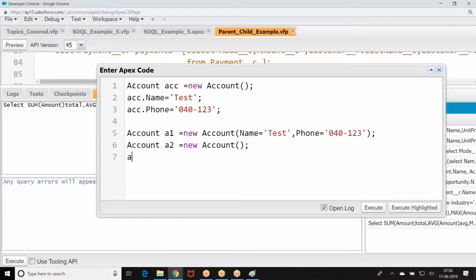The other format is like a map. A2 dot put, what is the name of the field? All three are the same. Now I was inserting the record into the instance of an object like a map. Field name comma value. Field name comma value. Now if you want to get the value, how can I get it?